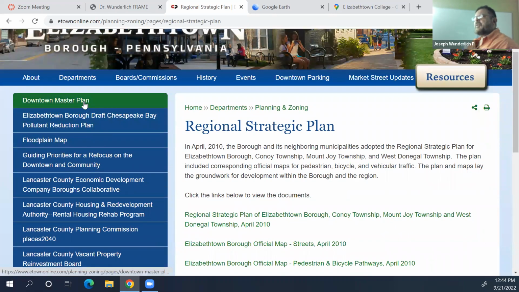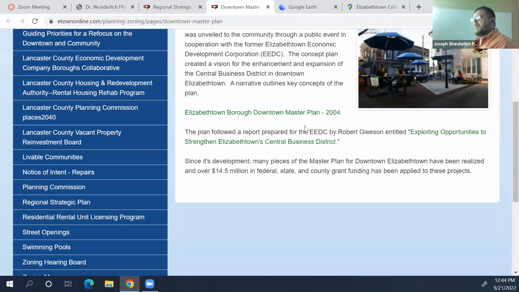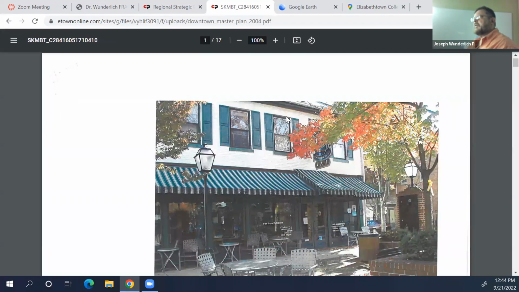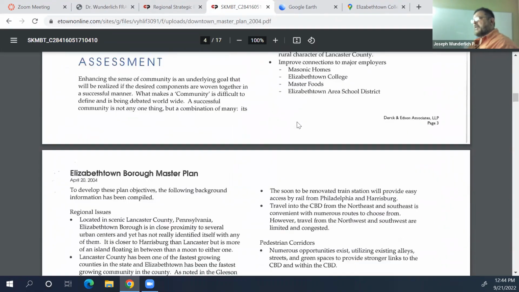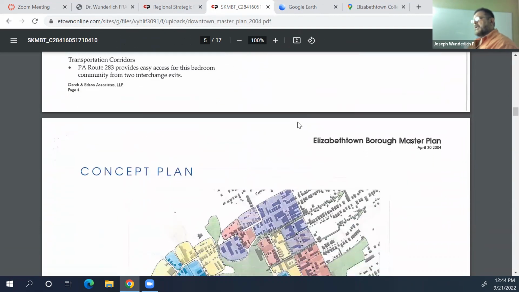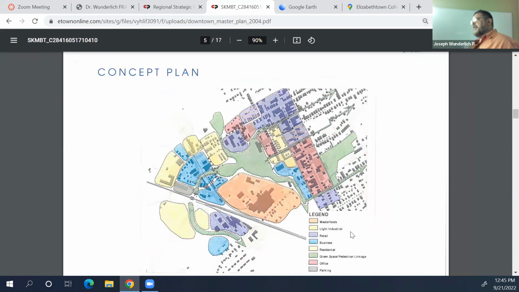So there's a downtown master plan, and then there's a lot more detail for the borough here, and this is constantly being revised. This one's from 2000. I won't go through all of this. Every time there's a master plan, whatever level, government, college, or whatever, they have goals and major land use districts or areas. And you can see here the concept plan